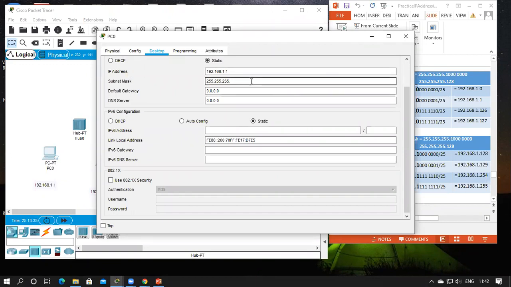Up till here it is 24 bits. So we have borrowed one place. Now this bit is just to mask the network ID. The value of this one is nothing but 128. So the mask becomes 128. For every PC the mask is the same, because for all the PCs the mask is 25 bits.